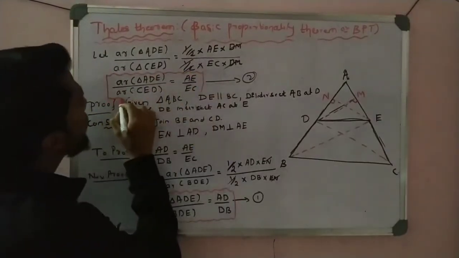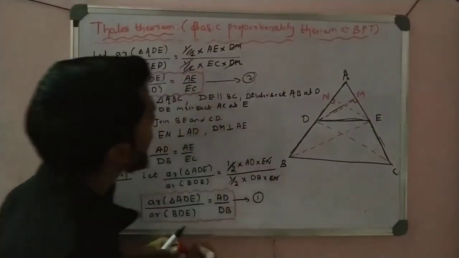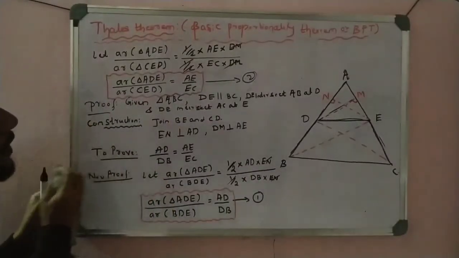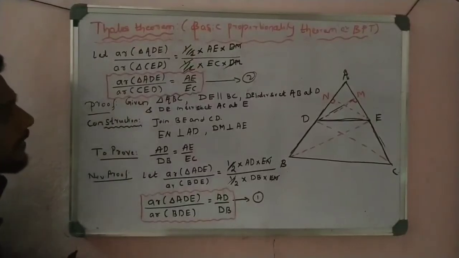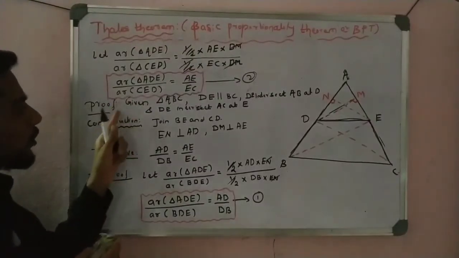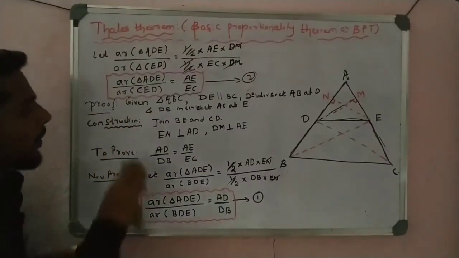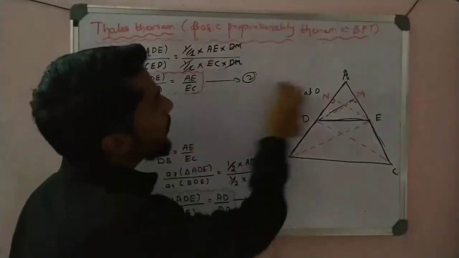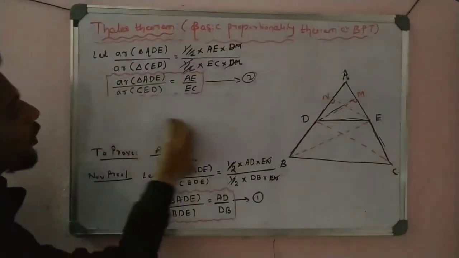Simple thing, there is no need to be confused here. Now finally we get this, I can remove this one. Please note down all these points. Pause the video and note down all the construction and all things. Now I can remove this one. See here, a 9th standard property you have to understand here.